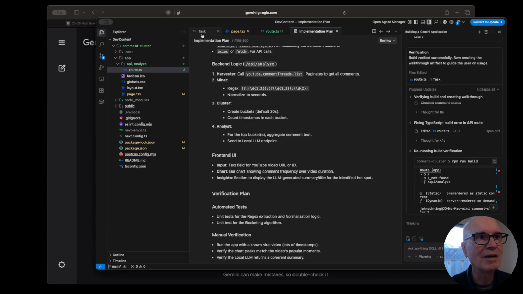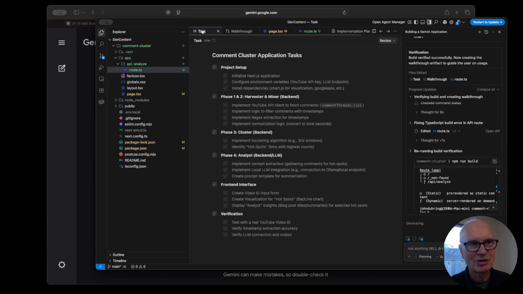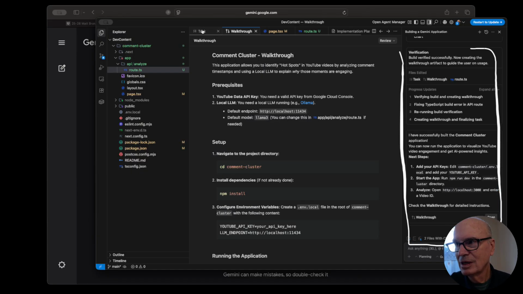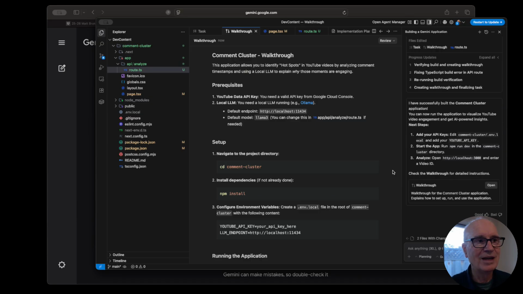And what we have is, in one structured environment, places where all the tasks the system is building for me are all populated appropriately, and I can keep track of what's going on, even though I'm not the one actually doing that implementation. I can be useful in determining, are we going in the right direction or not? So we now have an application that has been built, and I'm going to test it out.